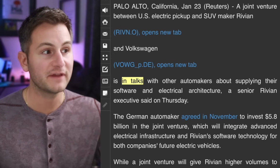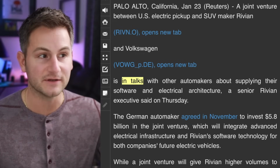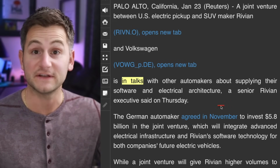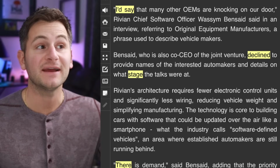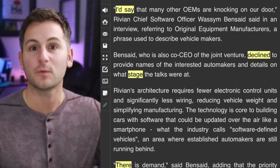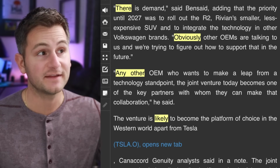It's early, but Rivian is now saying they're in talks with other automakers beyond VW about supplying their software and electrical architecture. This from a senior exec. "I'd say many other OEMs are knocking on our door." Now, he declined to say what companies and how far along the talks actually are, but he said there is